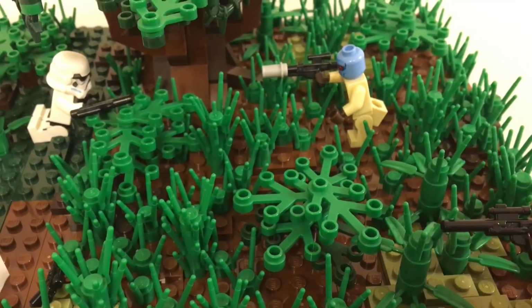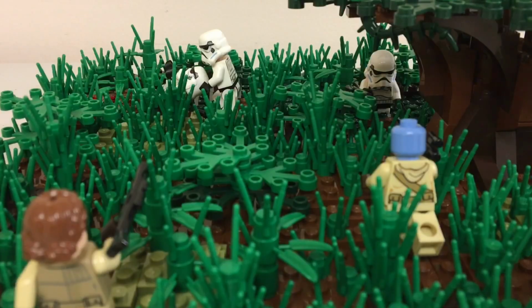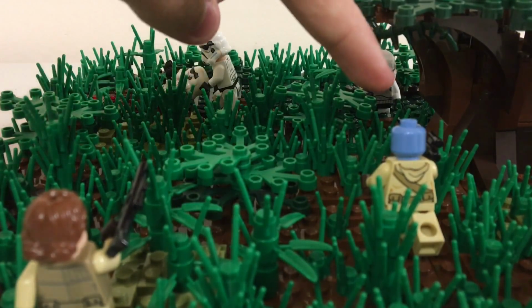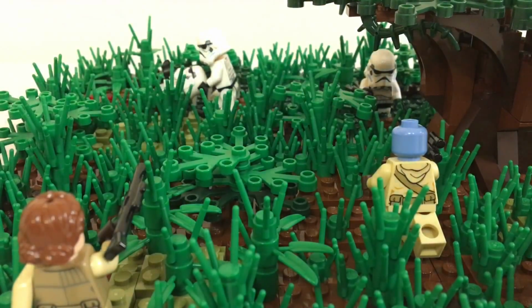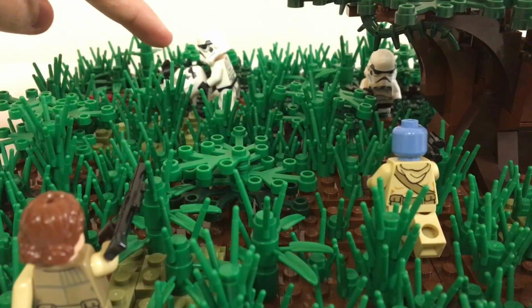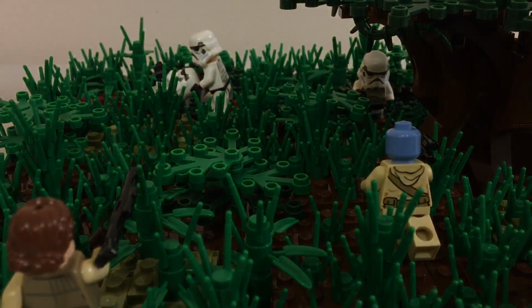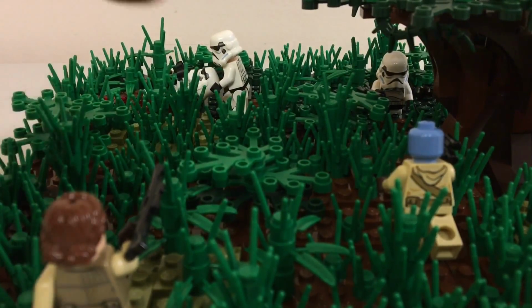Alright, so now let's get into what is actually happening in this mini MOC. Okay, so as you guys can see, there are 3 stormtroopers. One of them is shooting at this Duros rebel right here. I'll try to focus on him. And these other 2 stormtroopers are struggling right here and will probably end up getting shot right over here. And this girl rebel is currently trying to shoot at this guy,